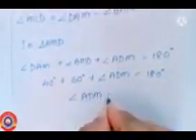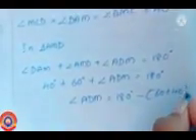Now let us consider the triangle AMD. We have to find all the angles of this triangle. Here angle DAM plus angle AMD plus angle ADM is equal to 180 degrees, and angle DAM is 40 degrees, angle AMD is 60 degrees, plus angle ADM is equal to 180 degrees. Then angle ADM is equal to 180 degrees minus (60 plus 40) degrees, that is equal to 180 degrees minus 100 degrees, that is equal to 80 degrees.